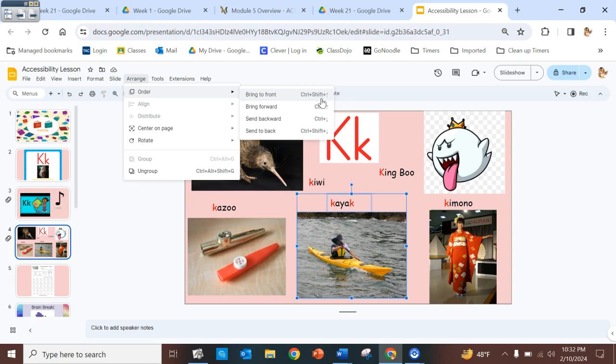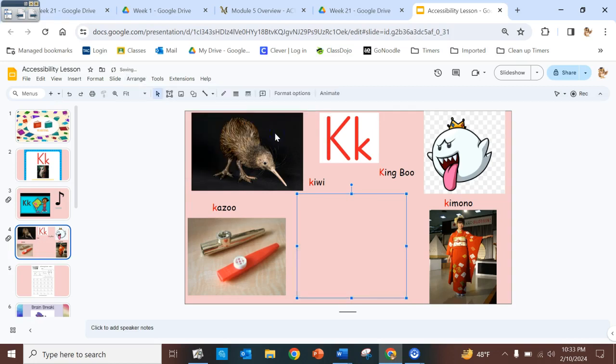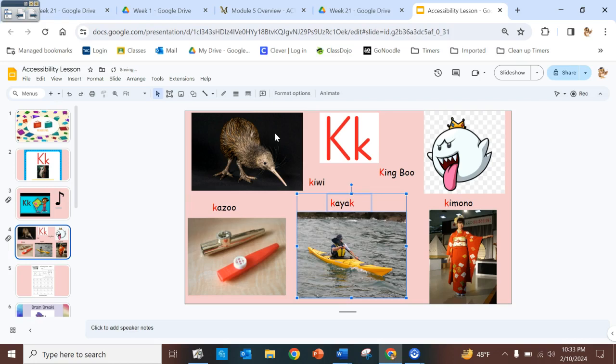If you send them backwards, it will make that element read first. If you send it forwards, it will make them read last. So if I want my kayak picture to be read first, I would send it to the back. Oops, too far. Let me bring it up one more. So there we go. When I click off and hit tab, oops,